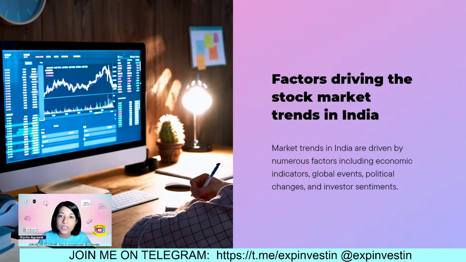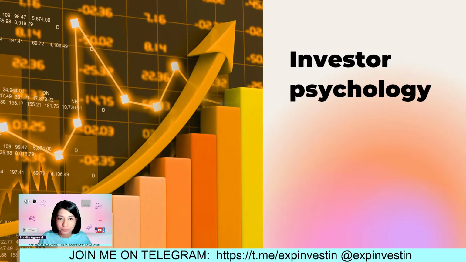Of course, companies' individual earning reports and various other filings by the companies also affect trends in specific companies, specific stocks. Now, the momentum which is created by these various factors interacting with each other is what propels the whole market upwards or downward, depending on which positive or negative side all these factors cumulatively fall.